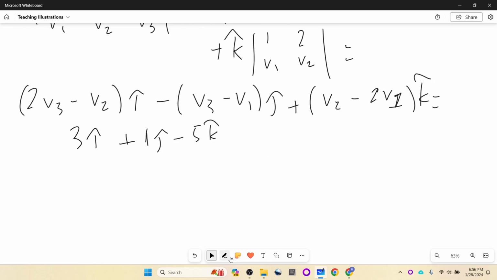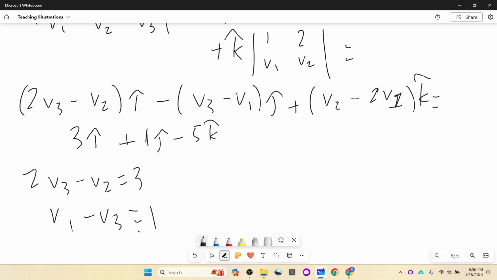So we have a system of equations here. 2V3 minus V2 equals 3. V1 minus V3 equals 1. V2 minus 2V1 equals negative 5. And so the way to solve this is to pick one variable that you're going to eliminate. So I'm going to say, let's let V3 be the free variable. Because whichever one I try to solve for first is not going to work. So let's say, try to solve,